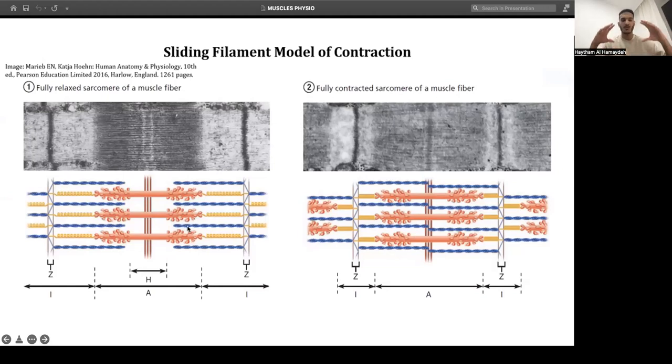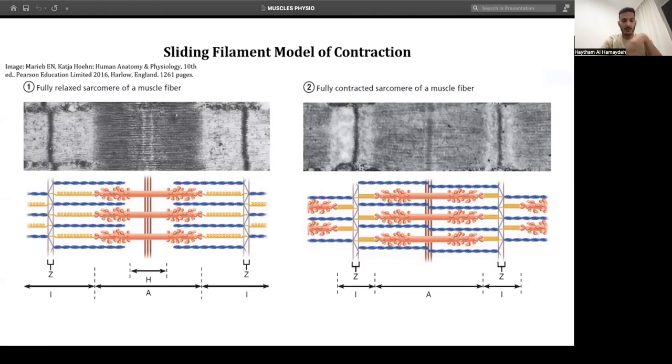And so imagine those blues get pushed in this direction as the myosin heads get them closer to each other, like that. So they will bind and pull, bind, pull, bind, pull,